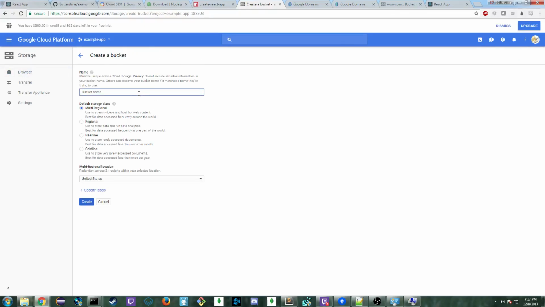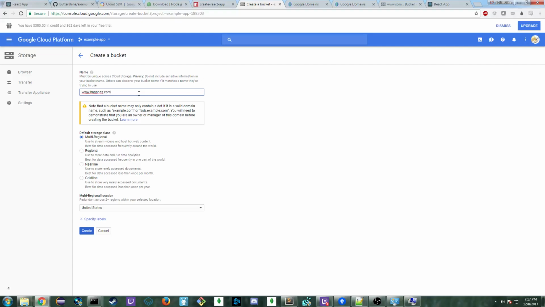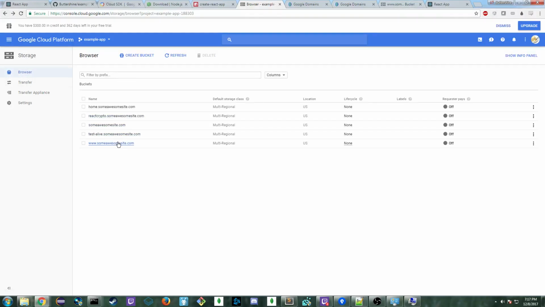Type your bucket name here. It's going to be the full path of your domain. So if you did bananas, it'd be bananas.com, and then just do multi-regional and hit create to create the bucket. So once you're done creating the bucket, you're going to want to go into it,